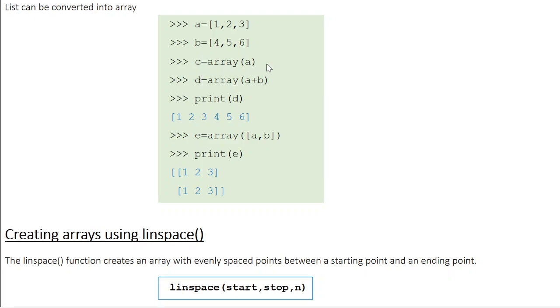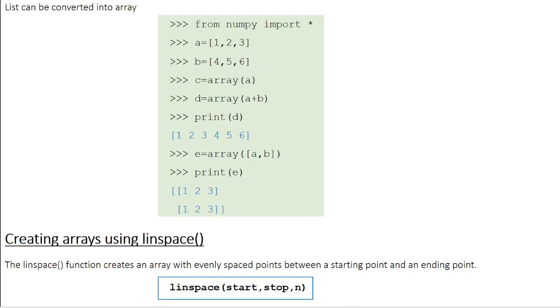So C equal to array A, right? So there is a small issue here. First I need to import the NumPy module. Without that I cannot access the array function. So let me make that correction now. Okay, now this looks fine. So when you say C equal to array A, this list A is converted into an array.